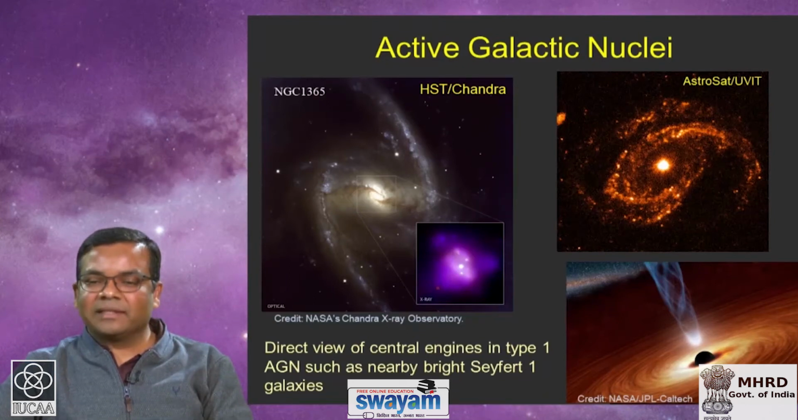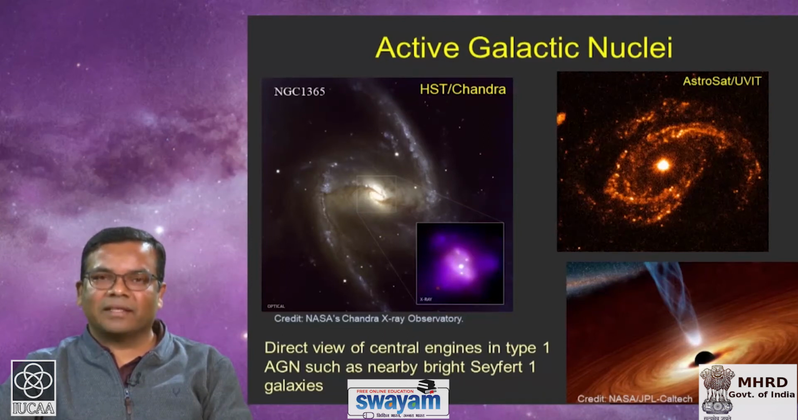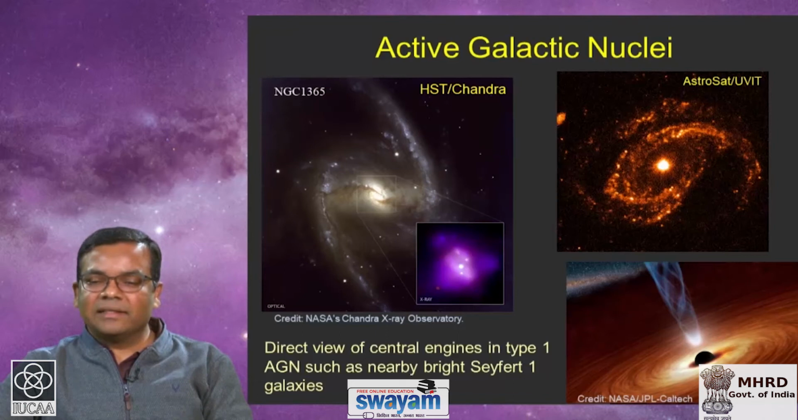In this image, there is another active galaxy, and this image was taken with the Astrosat ultraviolet imaging telescope. Here you clearly see a very bright star-like nucleus. This is a clear signature of the active nucleus in this galaxy. So, what are these? These are essentially